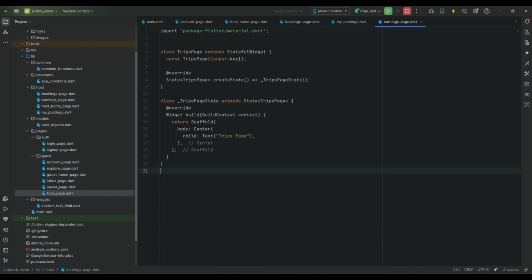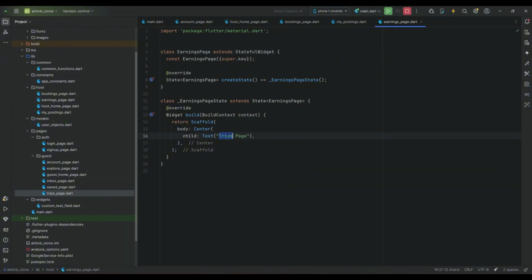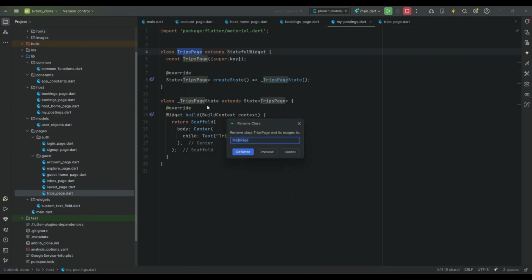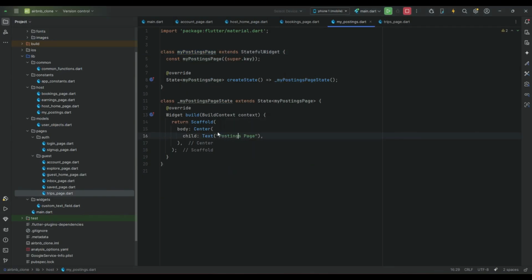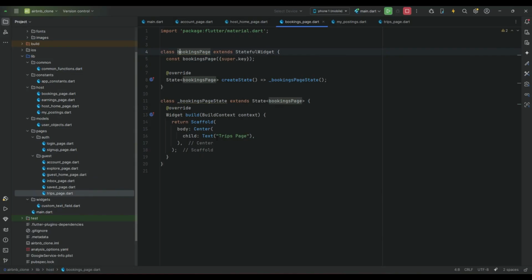This is earnings page, then the my postings page, and then the bookings page. So now